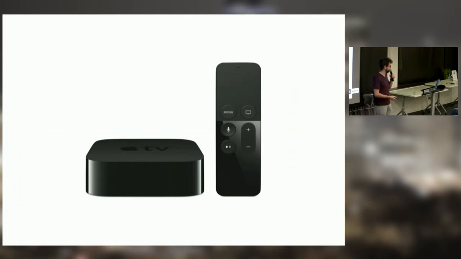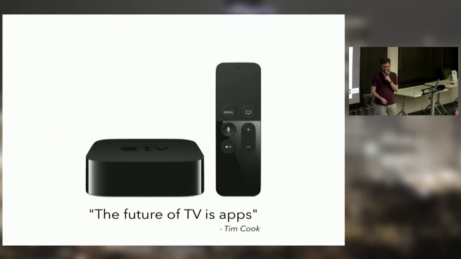I'm here to talk about the Apple TV because I believe it's a great platform, and I think there's a lot of untapped potential that the developer community could get from it. And I believe, like the other Tim said, that the future of TV is apps. I think he said this a few times in a few different keynotes. So